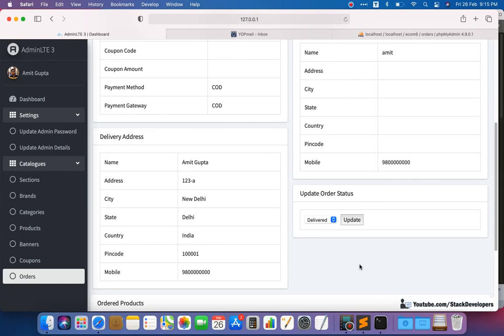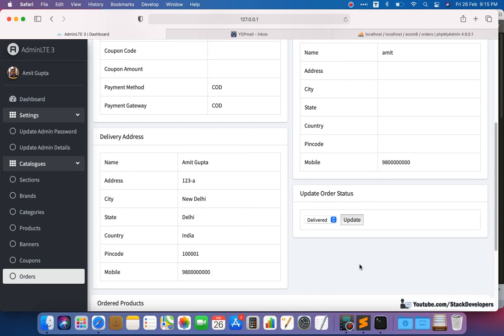So two things we need to consider: one is the courier name and another is the tracking number of that courier. These two things we need to pass from here. Yes, we are going to work on this in the next video.